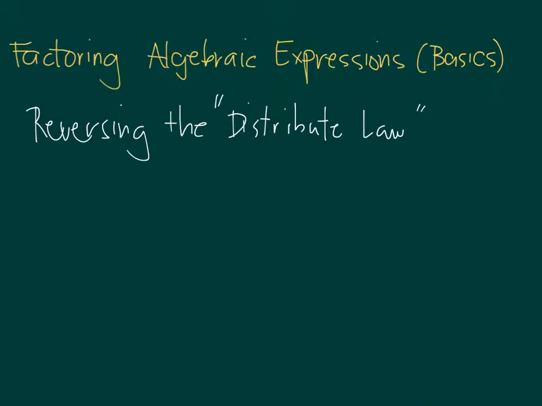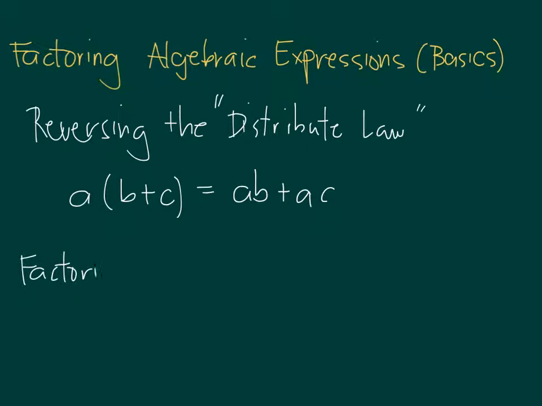So remember, the distributive law is A times the quantity B plus C is equal to AB plus AC. So this is how the factoring works. Okay, so in factoring, you will be given AB plus AC, and you have to take out